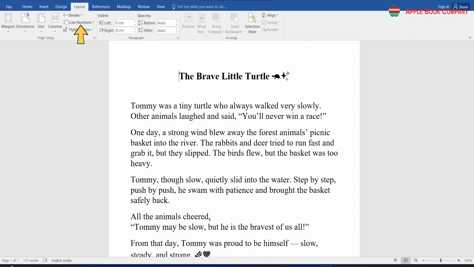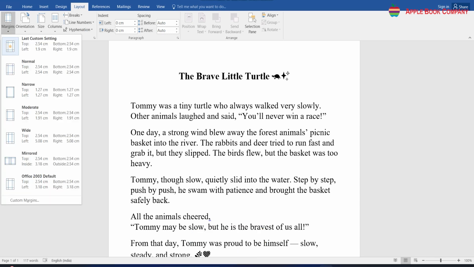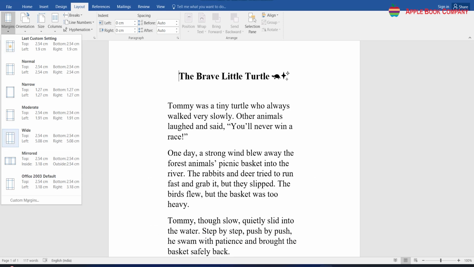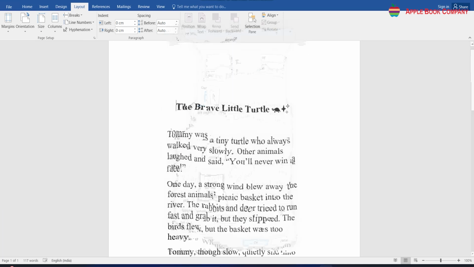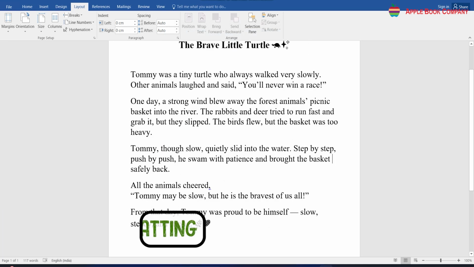Step 1. Click on the Layout tab. Step 2. In the Page Setup group, click on Margins. A list of standard preset options will appear. Step 3. Choose from the preset options such as Normal, Narrow, or Wide. Step 4. For custom margins, select Custom Margins at the bottom of the list to specify your preferred measurements for each side. The Page Setup dialog box appears. In the Margins tab, adjust the margin sizes for each side of the page: top, bottom, left, right, and click on the OK button.